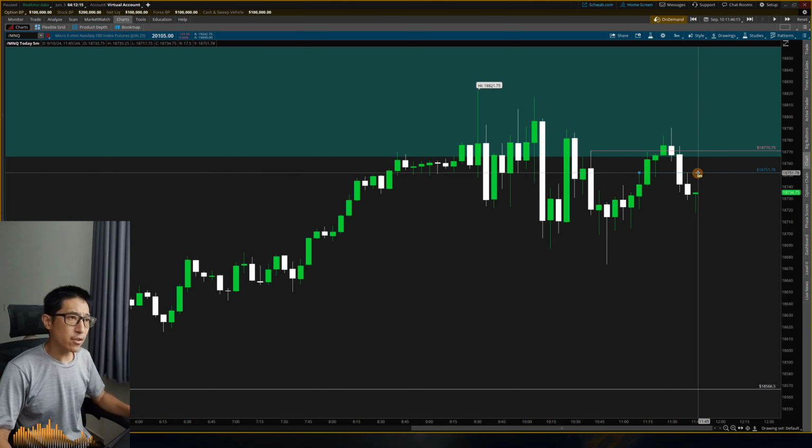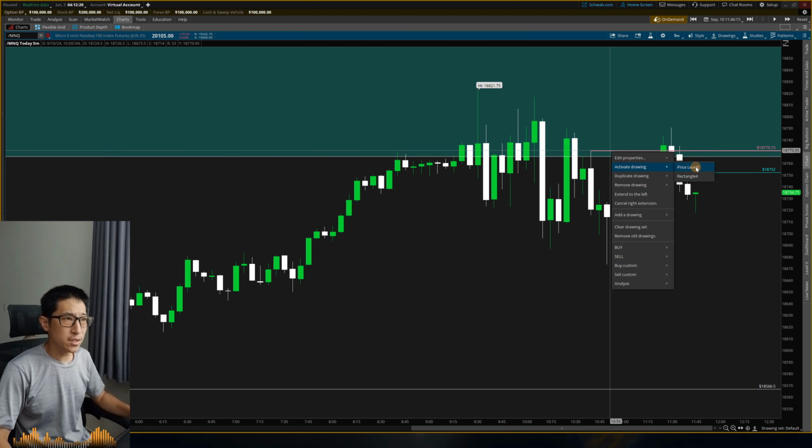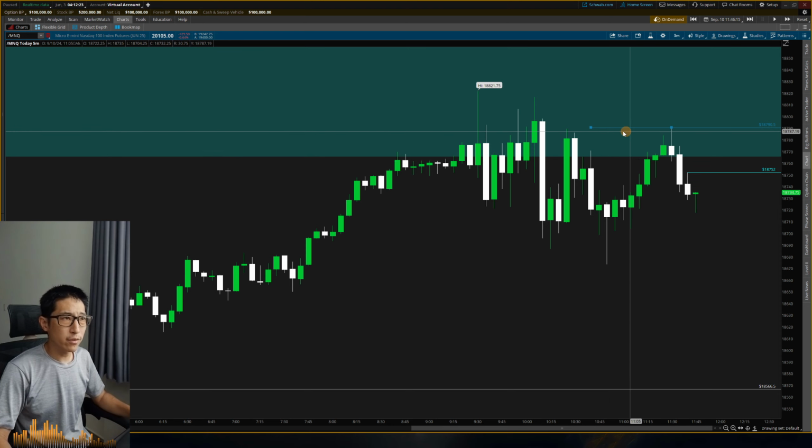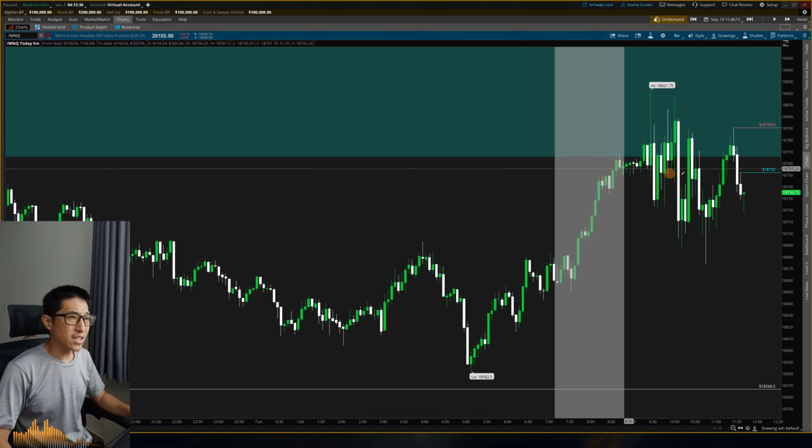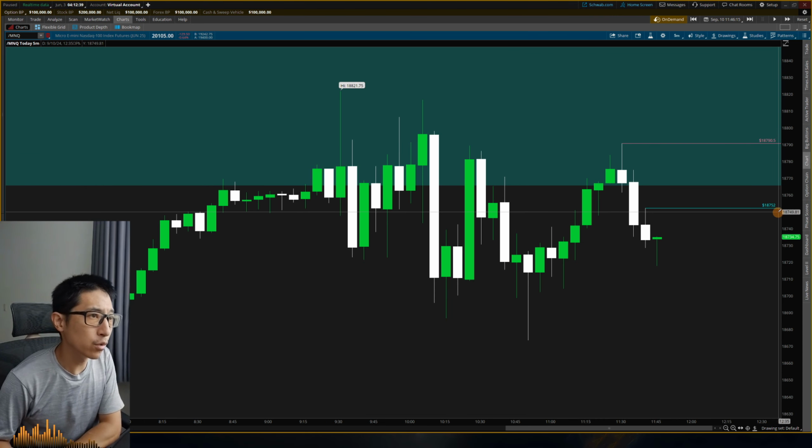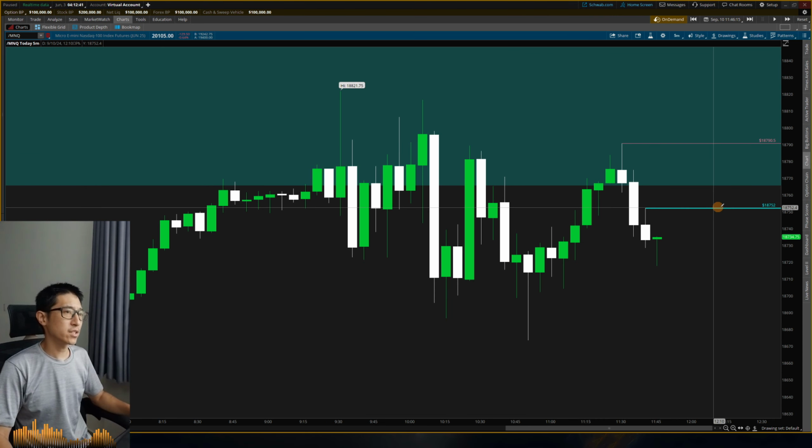We do have a fair value gap here. So I could potentially try and take this one if it was a really, really small risk. But I think more than likely, I will want to wait for a confirmation fair value gap, because even though we did barely sweep over this high, we do have relative equal highs. We're trading into this fair value gap, so it could just jump up for these relative equal highs. So I think the risk is not really worth it, even though it's still about 40 points of risk, a little bit under. I don't think I really want that. We could easily just go for the buy side. So I'm just going to give this a little bit more time.